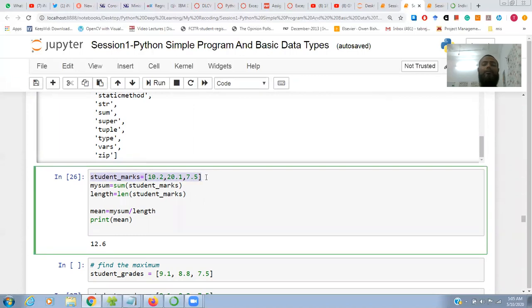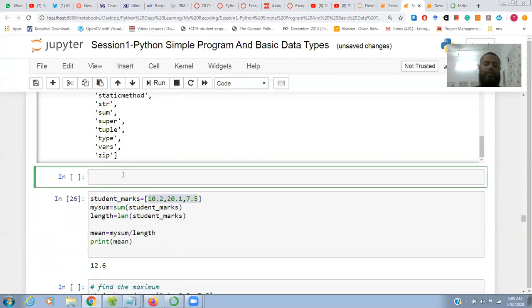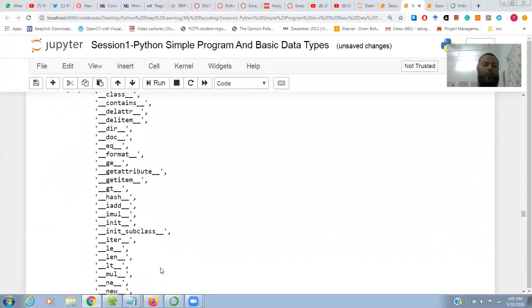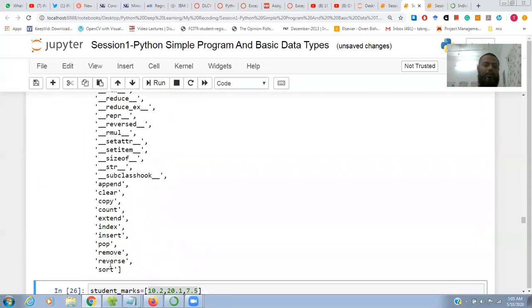I declare one list of student marks, and I want to add these marks. Basically I want to find the mean of these marks. There is no mean in the list. If you run dir on list, you see there are no minimum functions there either.